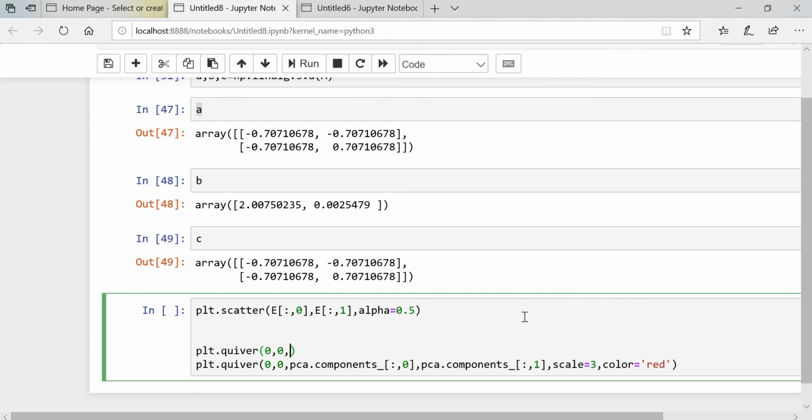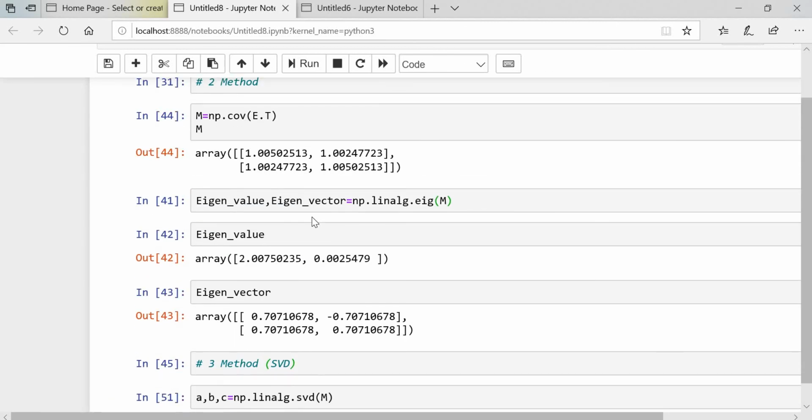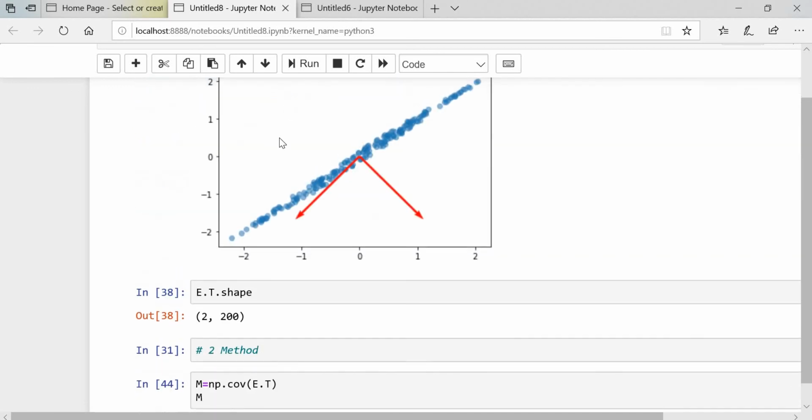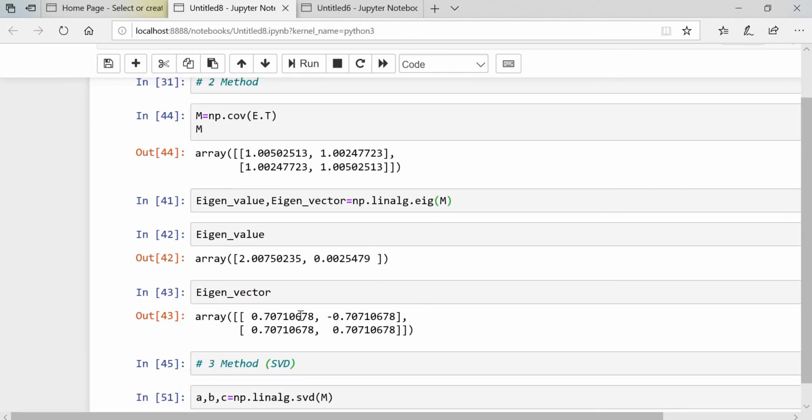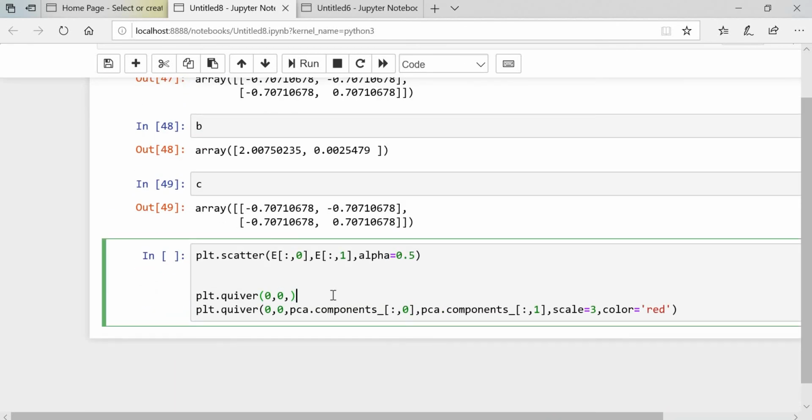Now, you can check, I have already used the first method. I'm gonna use the second method. What is the vector? That is eigenvector. So I will use the same thing, eigenvector, and simply I'm using the same thing. I will not change anything, guys.